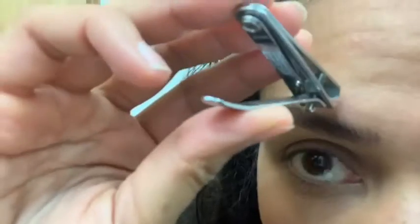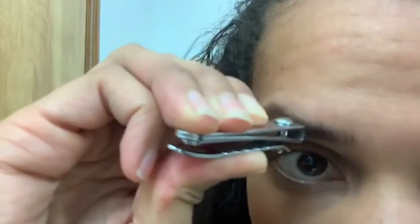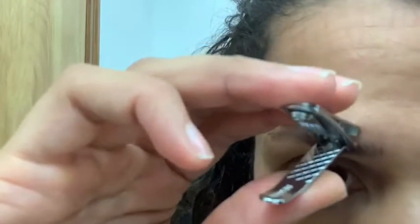Taking the fingernail clippers, I hold them upside down and keep them as parallel to the top of my brow as possible, and then I just begin to trim those hairs that are sticking straight up. Go ahead and repeat on the other side. Comb the first third straight up,